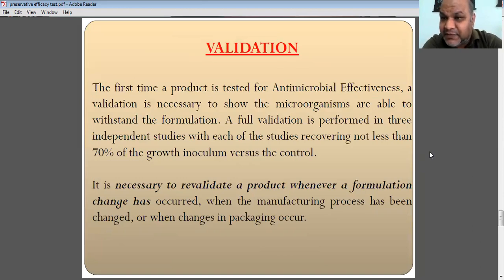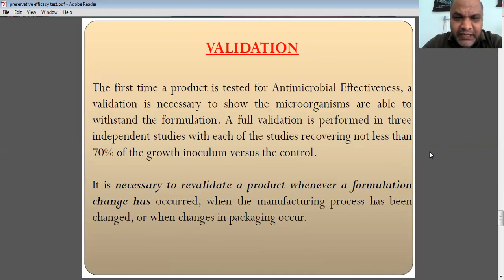Now the validation is very much necessary. Validation is nothing but the development of any method, or to store the records maintained for the effectiveness testings. Okay, so the validation is actually a documentary evidence that we have to show in front of anyone that yes, we have validated this particular thing, and within a specific time interval we have validated each and every parameter which belongs to the antimicrobial effectiveness.